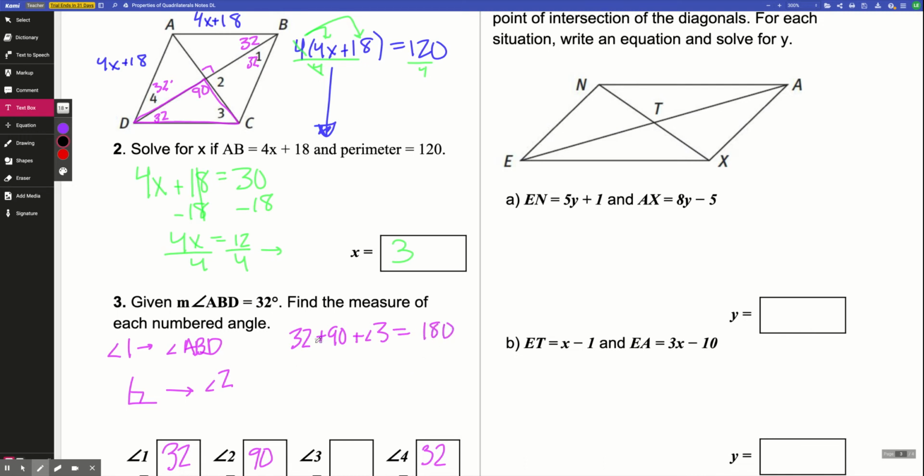Okay, so this here is 122 plus angle 3 equals 180. I'm going to subtract 122 from both sides. So I have angle 3 equals 58 degrees. Okay, so 58. Right? Now, another way you could have done that is said, well, okay, I could use my